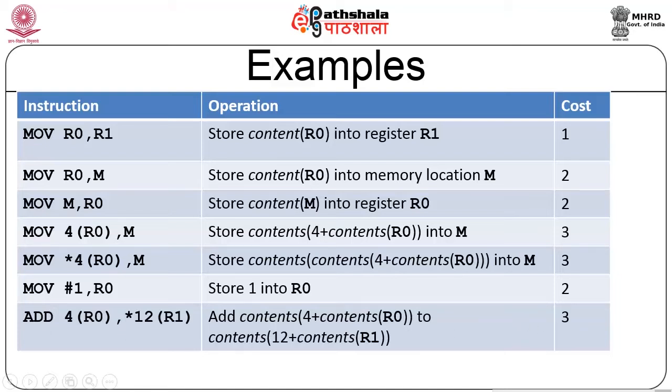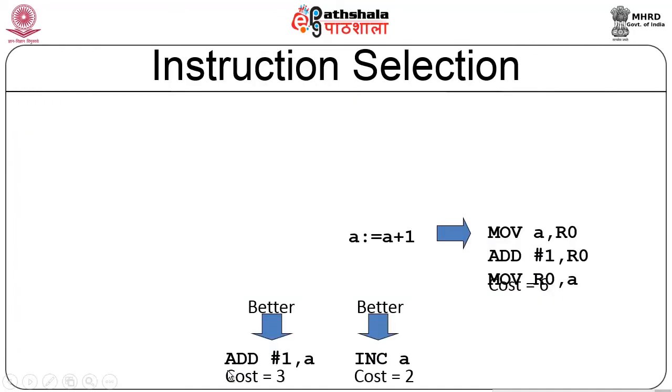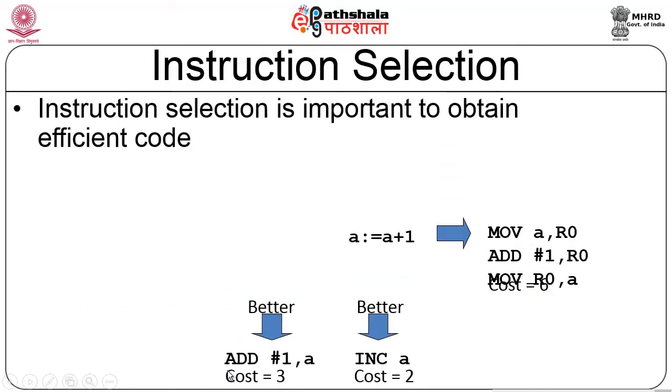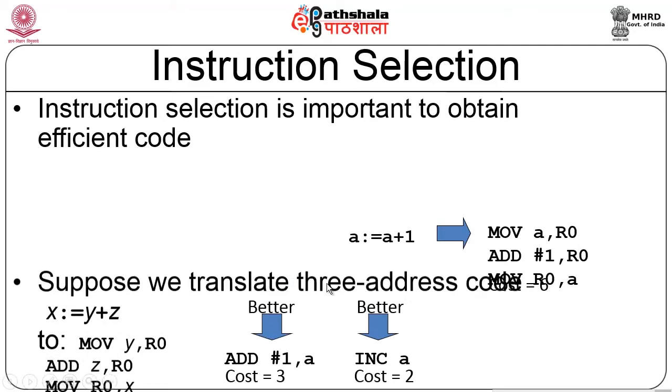So before determining whether this is the sequence of instructions to be generated as part of your input, we have to look at the cost and then check whether this cost is okay to generate the instructions or not. So this will be used as a basis for your final code which is going to be generated. So this is just an example. We will be following this convention throughout for all our code generation algorithms. Let us look at this. So instruction selection is going to be important to obtain efficient code.